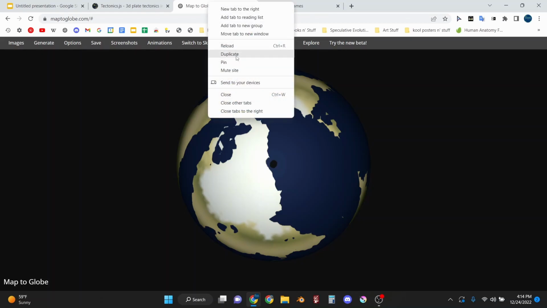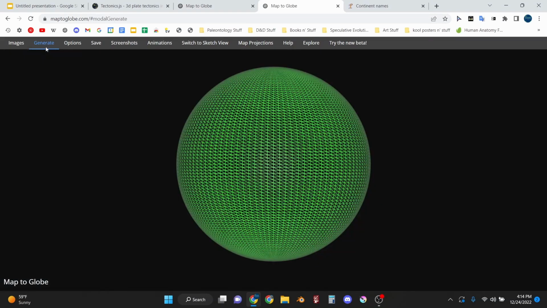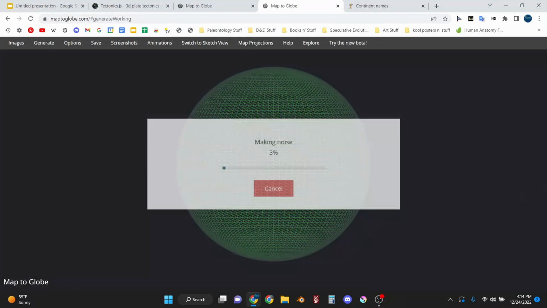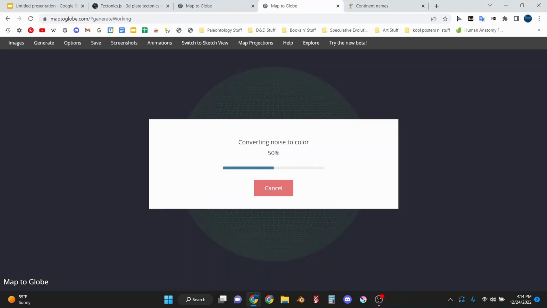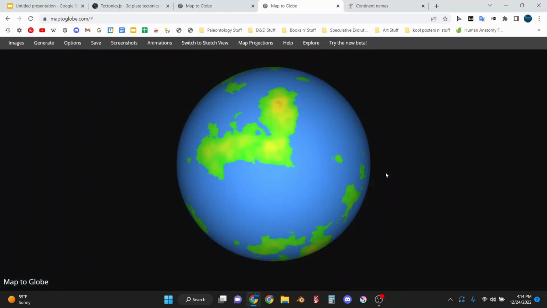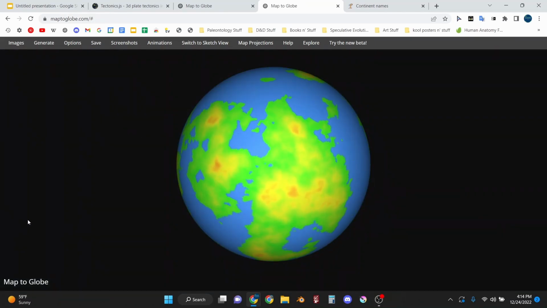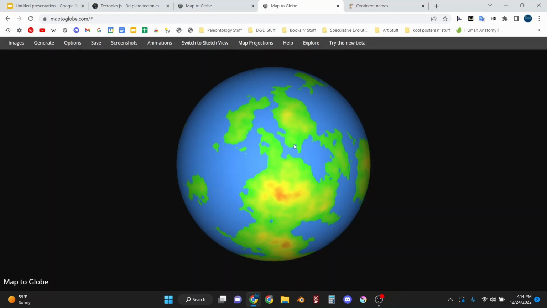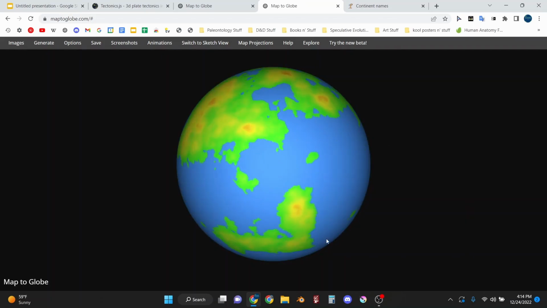Oh, and by the way, it also has a feature so you can procedurally generate a map. And if you like it, do whatever. And if you don't, then you can edit it or take some parts out. But they all look like this for some reason.